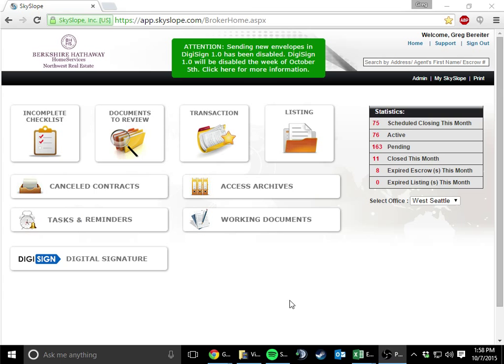This one is going to be showing our office administrators how to input a transaction. By now you should have already seen the video on how to input a listing into SkySlope. If you haven't, then please go back and do that. But if you have, or if you're just here to refresh your memory on how to input a transaction, first